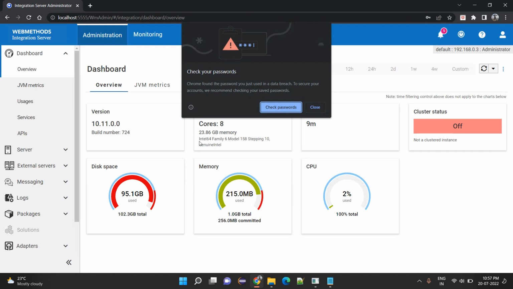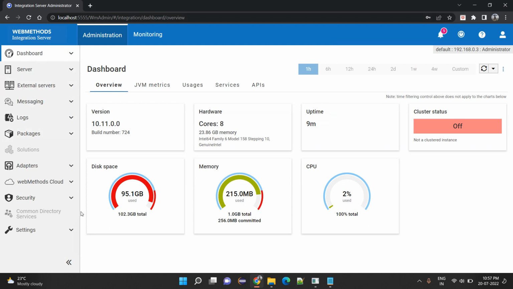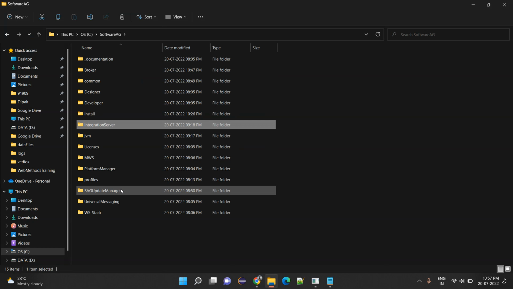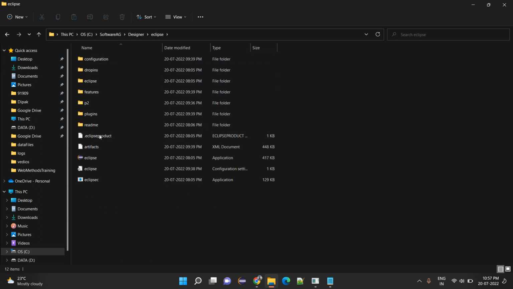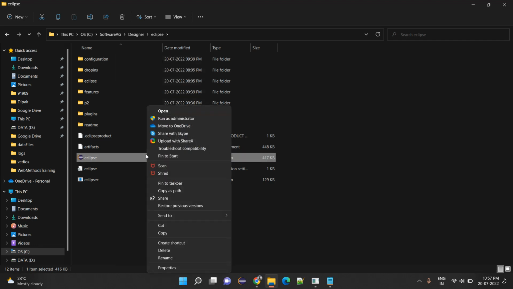This is the Integration Server which we are going to use for our learning purpose. Now our Integration Server started. Before we see all the components, I wanted you to see one more thing that we need to start. Now I'll come to the Software AG folder. Here there is a Designer. Go to Designer, go to Eclipse. Inside Eclipse, this one, you can create a shortcut